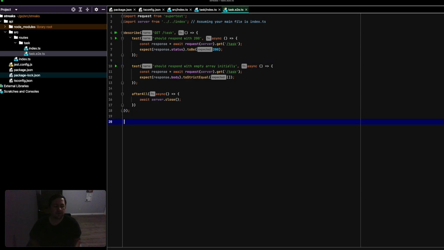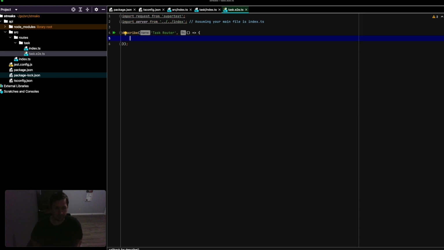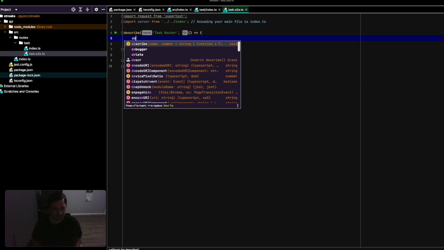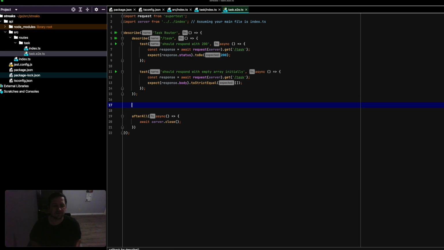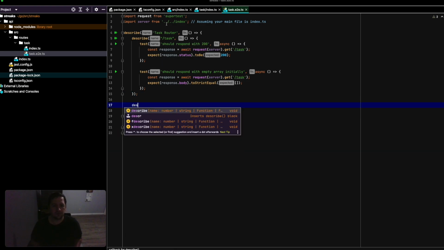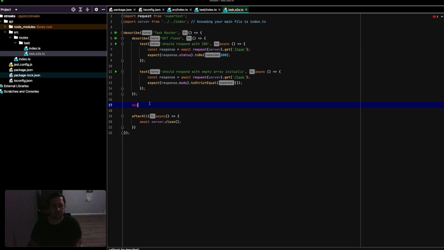Okay, so let's go ahead and actually, what we're gonna do is go through a sequence of events here, and then we're gonna make them all work. So let's actually not make this be here. We're gonna just call this describe the task router, and after all of them, we are gonna close the server. But right here, we're gonna do describe the task route, and that's going to continue to do the existing tests. But here we're going to do describe get task,